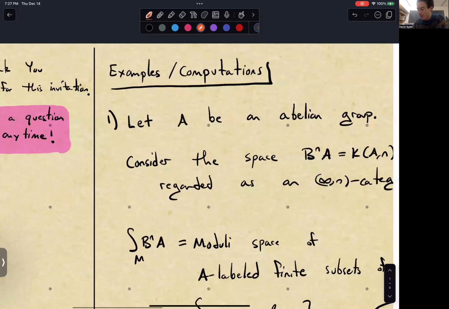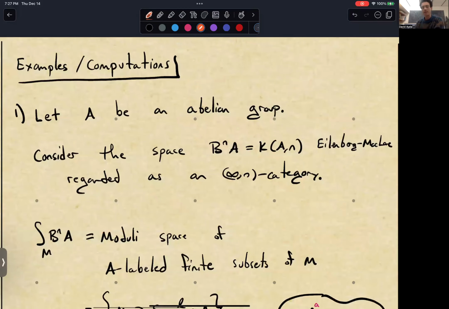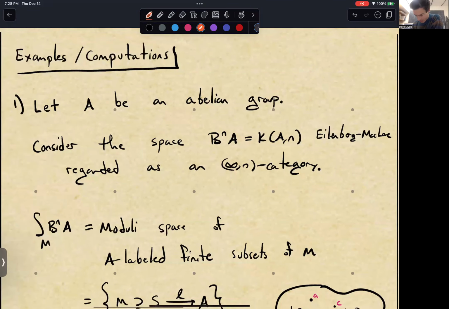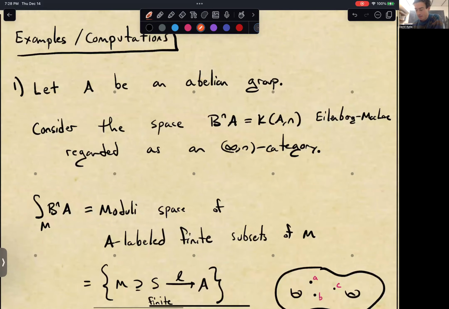I thought I would say some examples and computations before I talk about features of factorization homology. So if right now you're wondering what factorization homology is, I figured that to get a sense of it, we can see some easy computations to start out with. So one, and I'm bringing this one up first because